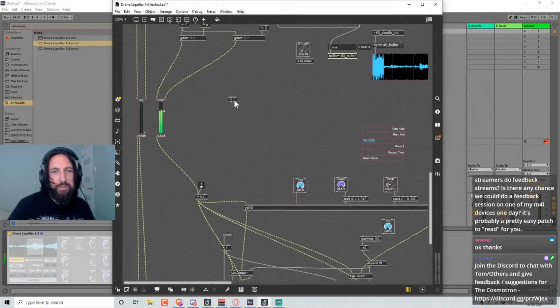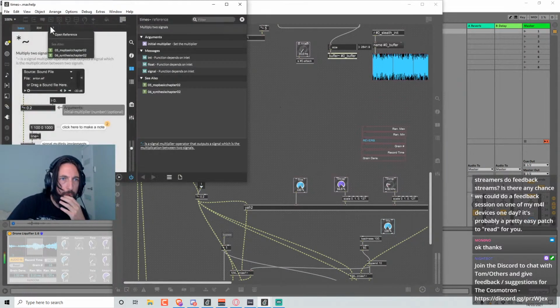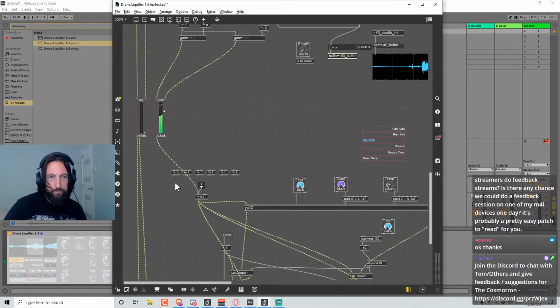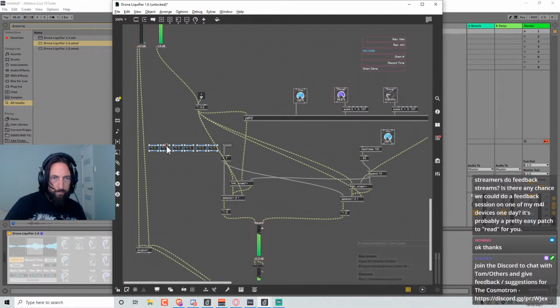Oh man, what's the device for mixing a bunch of things together? I'll just use tildes for now. So we're going to need 6. And then we'll have 2. This is a bad way to do it, but I can't remember what the objects are that I want at the moment.